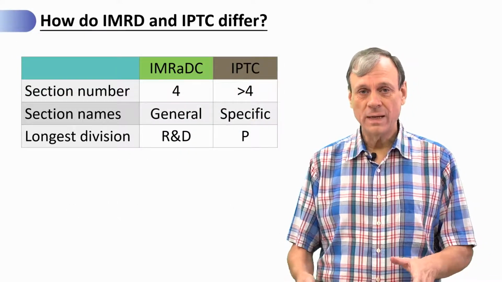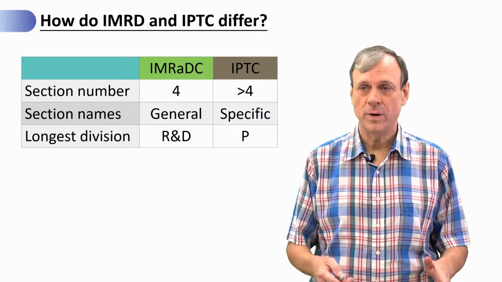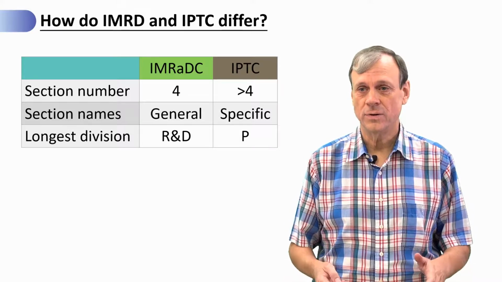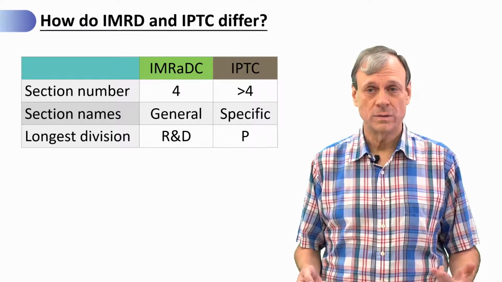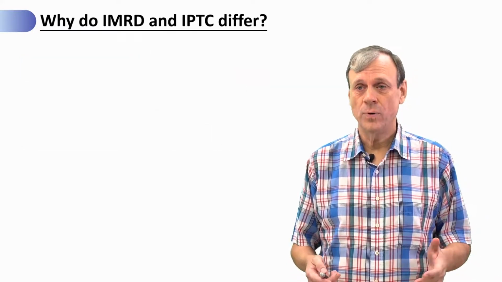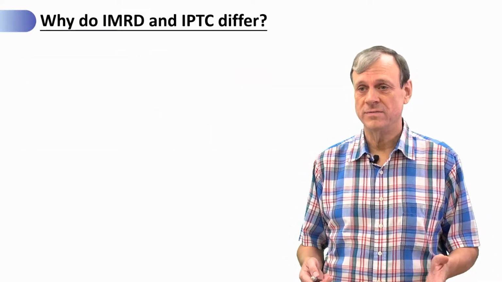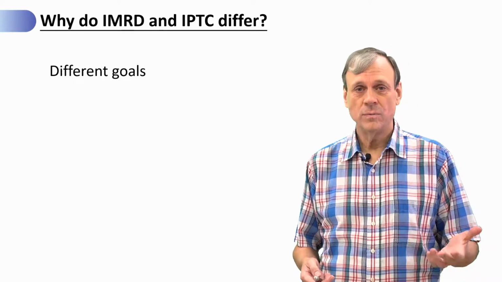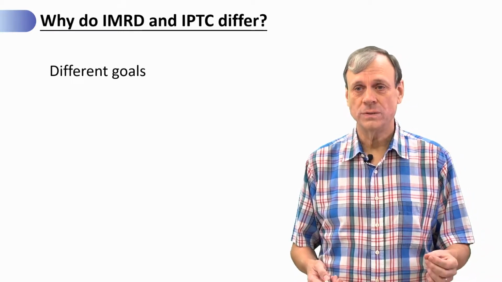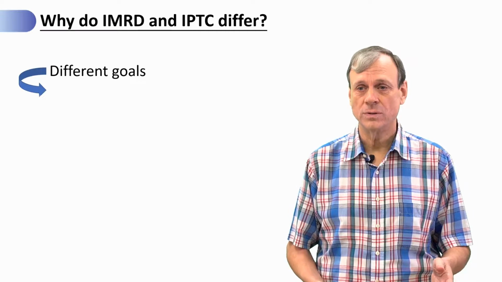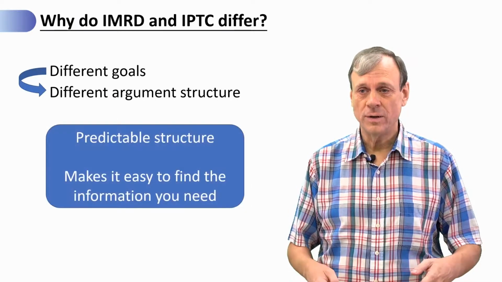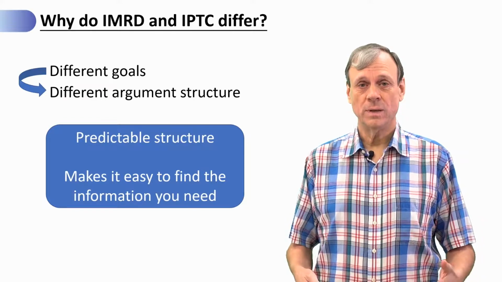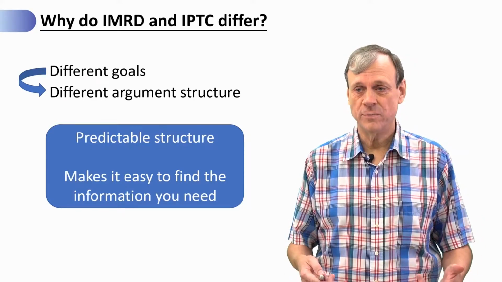So in the last lesson, we looked at how IMRD and IPTC differ in terms of the section number, the section names, and the longest division. But far more important is why they differ from one another. Well, we'll find that they have different goals, and as a result of these different goals, they have different argument structure. And that different argument structure is predictable, and that makes it easy to find the information that you need